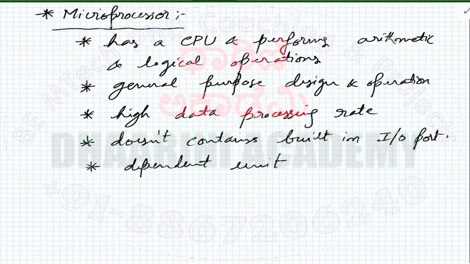indicating that its operation basically depends on several other points. That's why it depends upon many other devices which need to be implemented in order to incorporate its efficient working. All right, so that's something we can consider as a disadvantage. So the general feature of a microprocessor is like this.